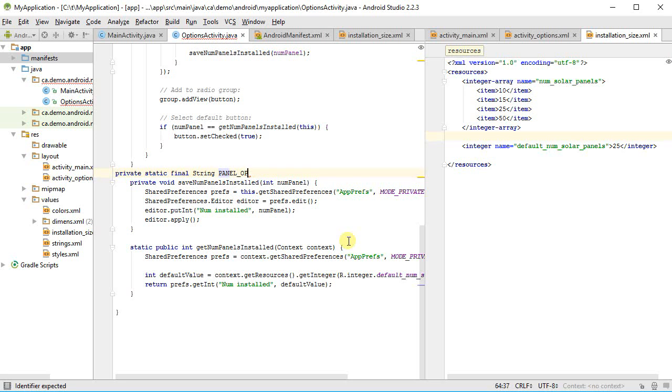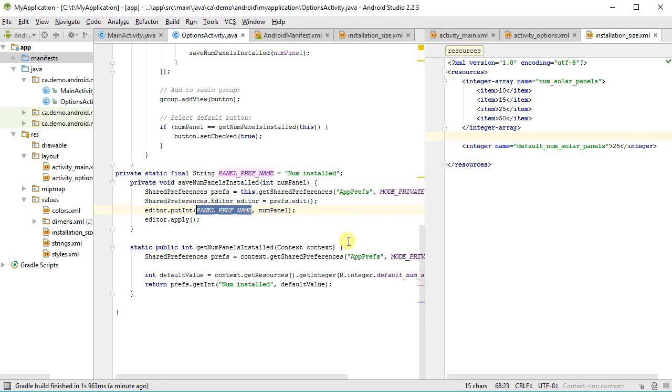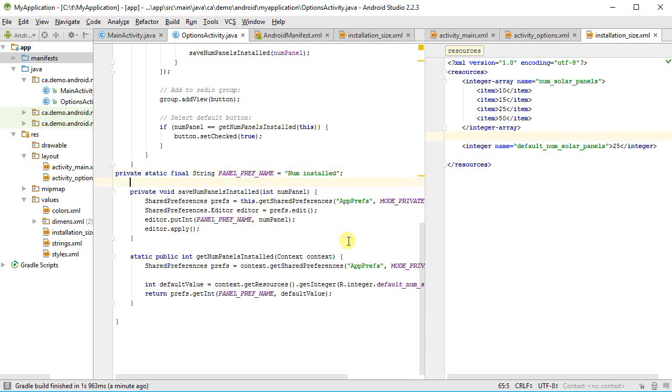panel pref name. Name, sure, why not? And num installed, or anything that I want to describe it as. And then down here, instead of referring to that, I'm going to do this because I'm using that string twice, and it's an arbitrary string. So if someone later comes along and tries to change it in one spot, I want my entire code base to fix it. Likewise, I want to say here,